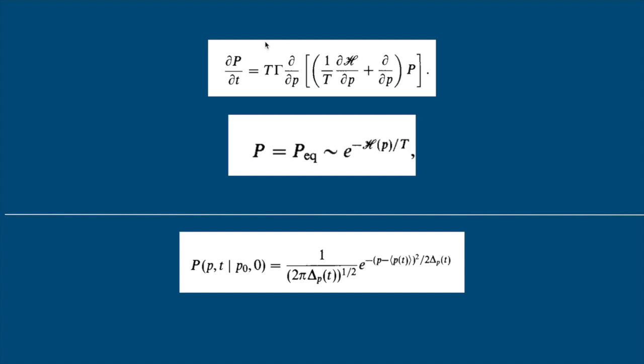This general equation with small p replaced by any observable x will basically become the Smoluchowski equation. We can easily verify that the equilibrium probability that we attain here will satisfy the Fokker-Planck equation that we discussed. So this is the end of the reading assignment material. Thank you.